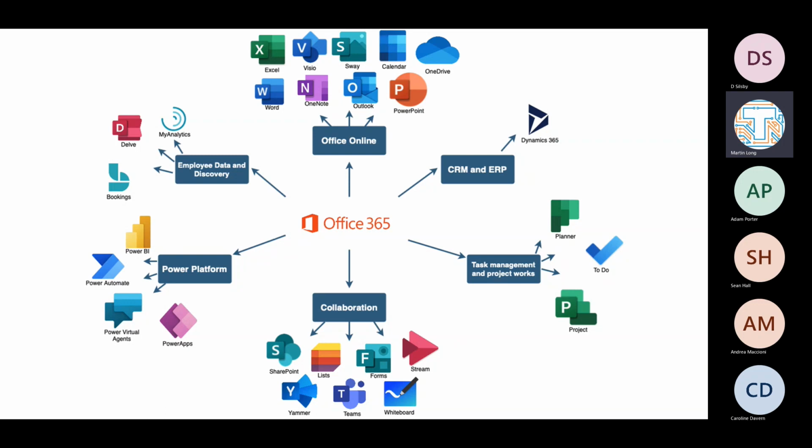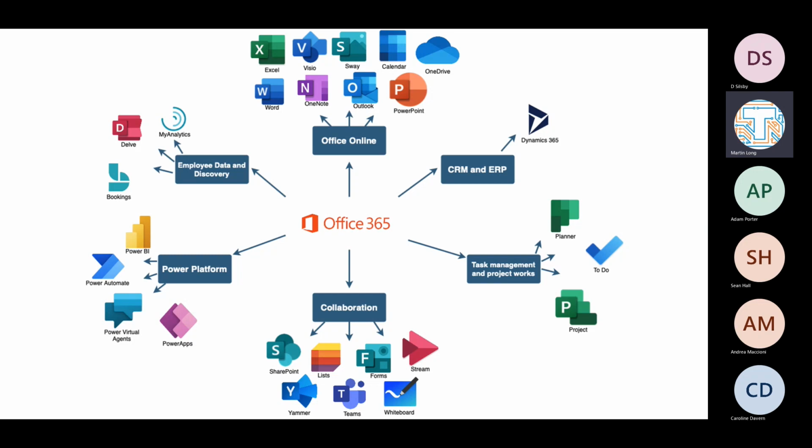Then the next most likely group would be those at the bottom, and that's the collaboration apps, where you've got things like Lists, or maybe To Do or Planner. And those things allow you to organize your work and plan out projects for other people, or show them how you're logically going to deliver something as a change in school. But also there are ways that you can use the apps that we said we will focus on today, which is Forms, to organize and collect data, and Sway as another way of communicating with people and avoiding things like